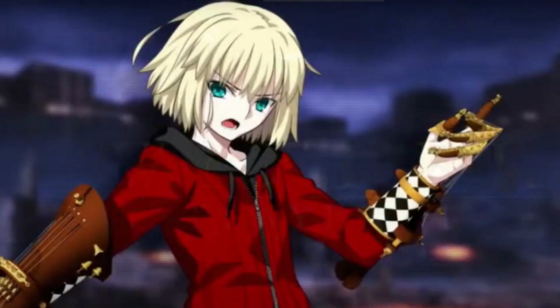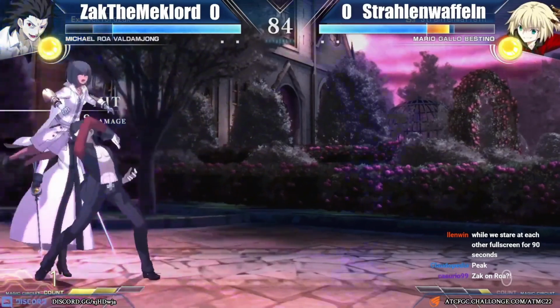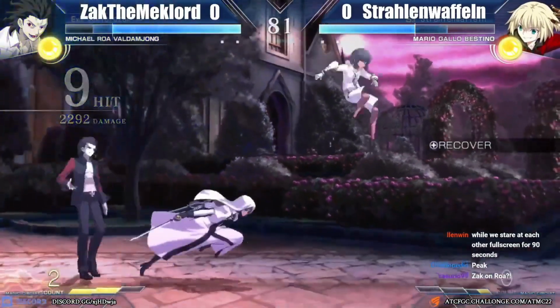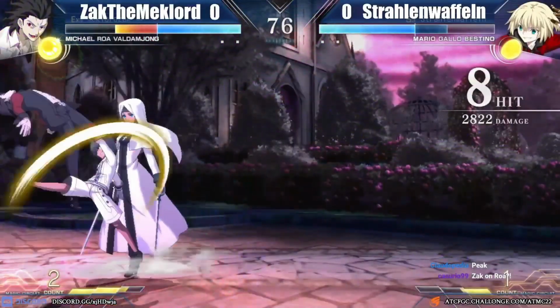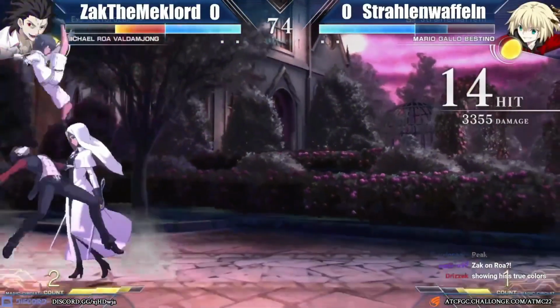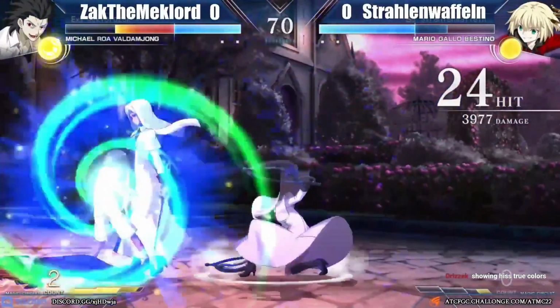Hang on, this kid is like 13. How is he a priest? Well, it looks like the power's already gone to his head, because he treats the nuns he's supposed to watch over like they're puppets. As you'd expect, Mario Gallo Bestino is Melty's equivalent to the puppeteer archetype that's seen in